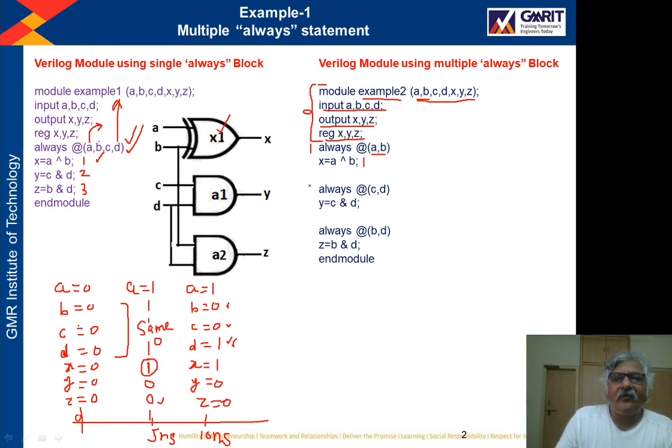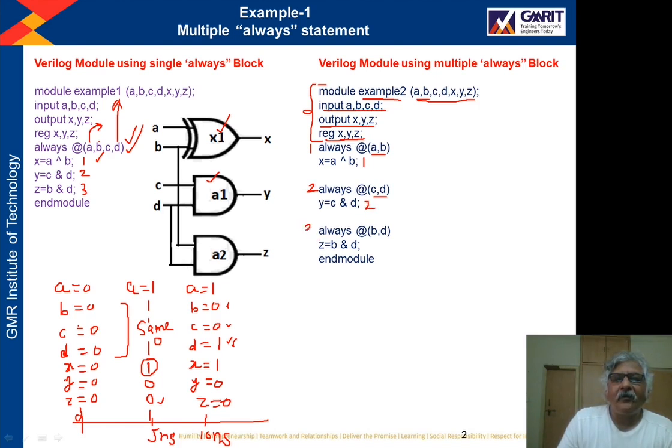Now there is a second always block, and the sensitivity list of this always block has C and D. This means this input C and D input of the AND gate is modeled in this always block. And the statement number 2, this is the statement number 2.